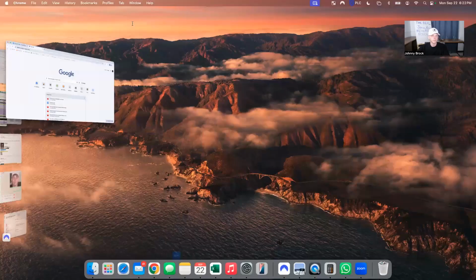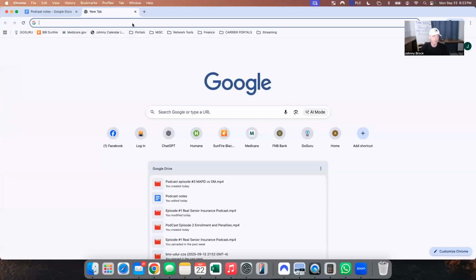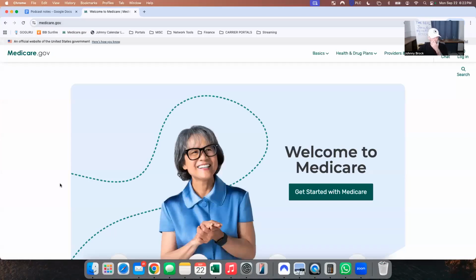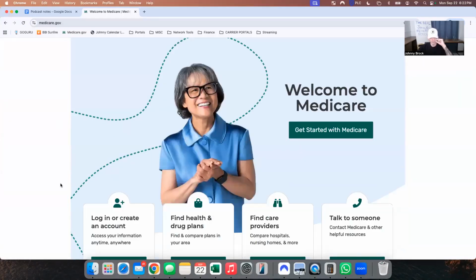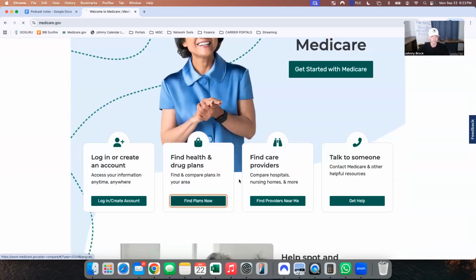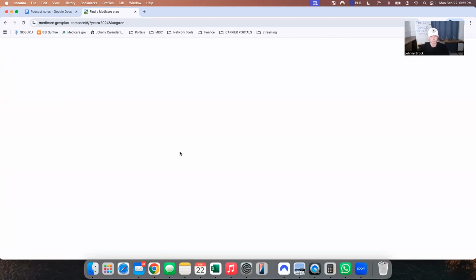All right, so what we're going to do is share. A tool that we all use when it comes to looking up drug plans is always just Medicare.gov. Medicare.gov gives you the most accurate information. There are other platforms out there, but for the beneficiaries and the consumers, this is the most logical one for sure. All you have to do is click Find Health and Drug Plans, put your medications in, and it shows you exactly